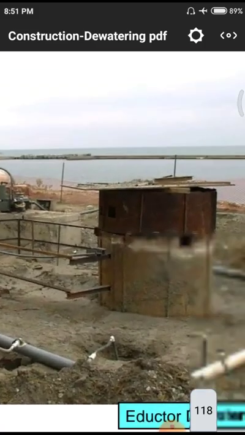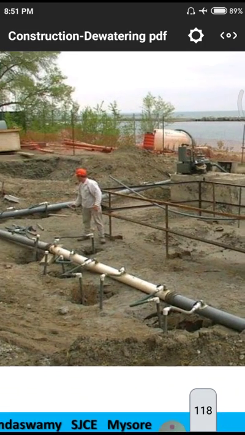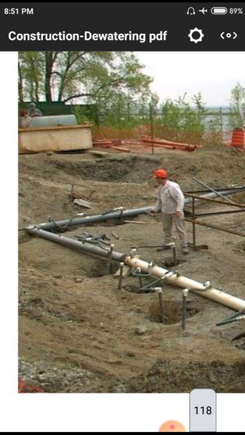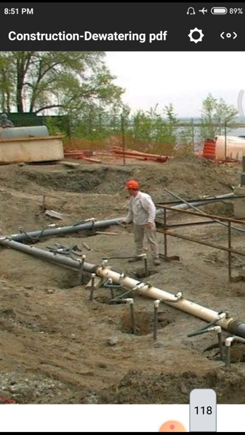This is also the monitoring by a person. It means a separate site engineer was there. That site engineer has to observe what kind of things are occurring on the site. Whether the pipes are working or not working, and whether they require any repairs, they have to observe everything.